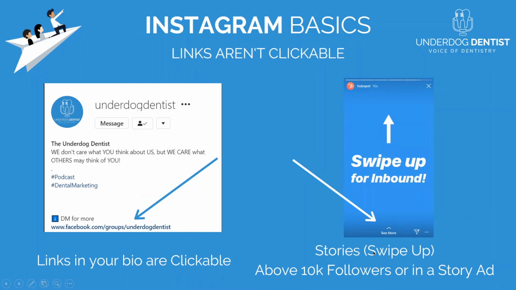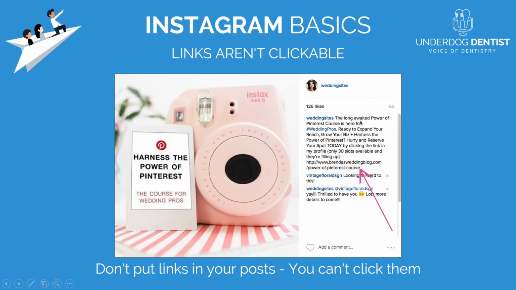Then only will you be able to see the see more button, or else there is only one place left, that is your Instagram bio, from where you can click on a link and navigate to a different page or a website. So in reality this kind of thing doesn't work. You are not able to click on these kinds of things.